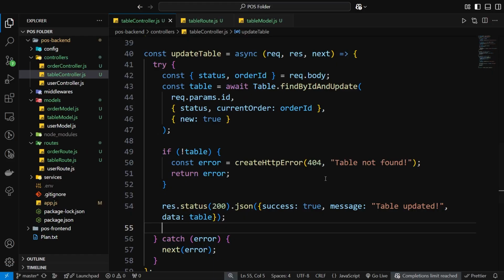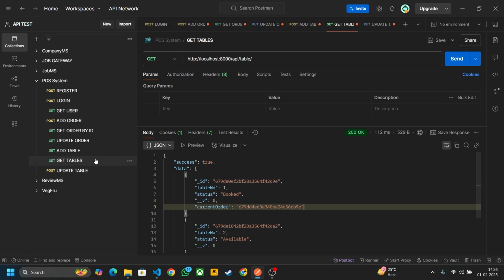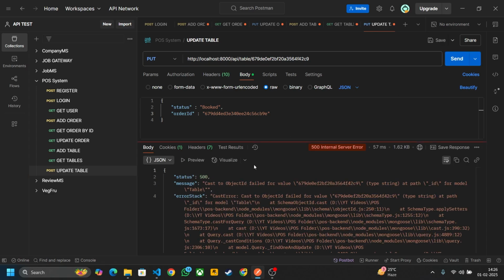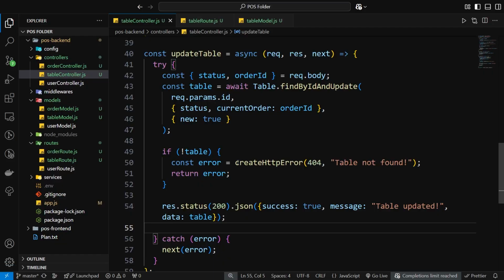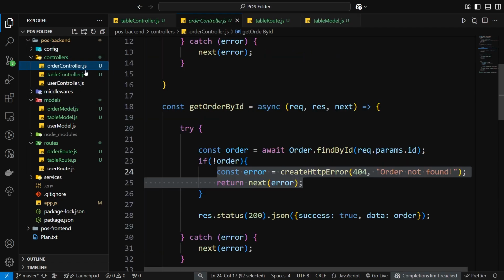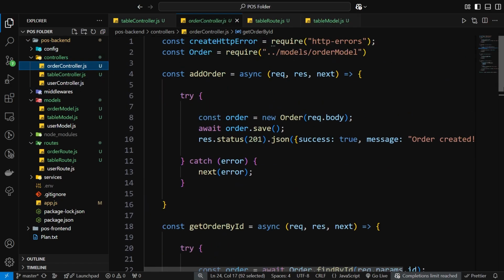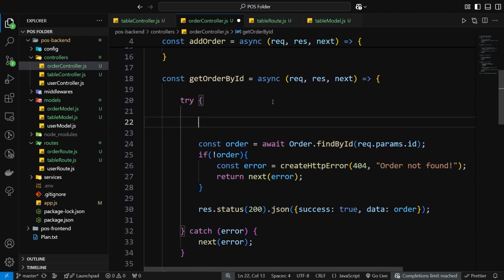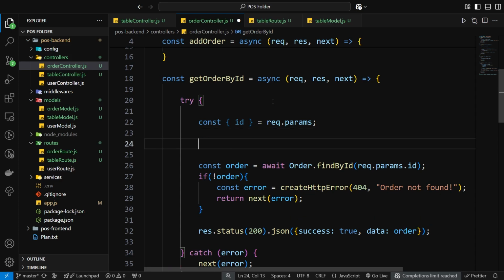Now let's fix some bugs. Whenever you click on update table and here just remove one E and click on send, then we receive this long format of error. So this is not good. We have to send a proper error here. So just go to your controllers. First of all, go to your order controller, and wherever you are using order ID, first of all receive ID from request.params, and here you have to check that if